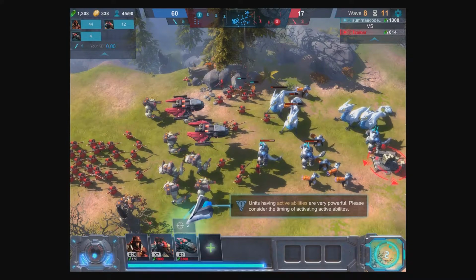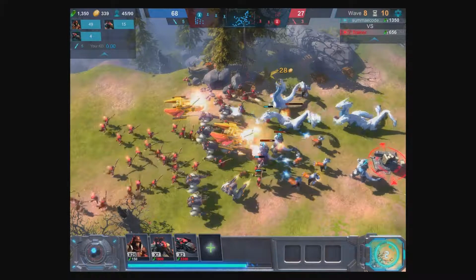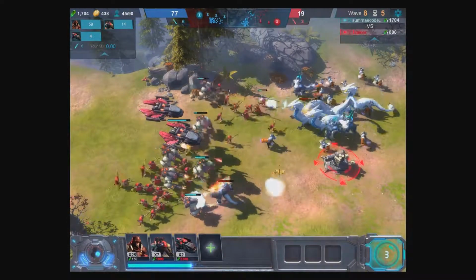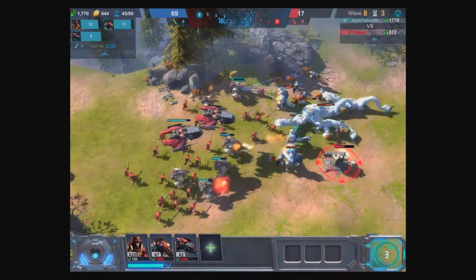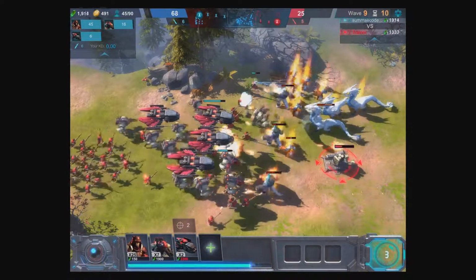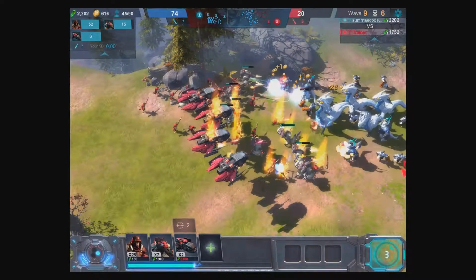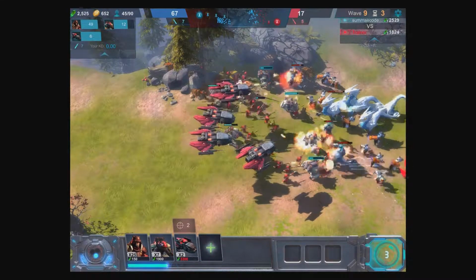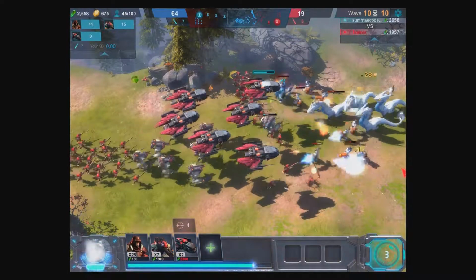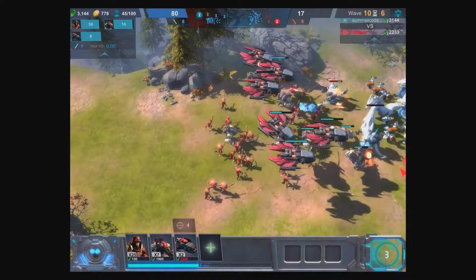Units have active abilities. Please consider the timing of these. That means I'll just tap on there to get whatever those are. I guess I don't know how I'm generating more of these green gems, which obviously you're using to create your units. I don't know how I'm getting them. I don't know what this blue thing at the bottom is. Soul essence mine, I can see there's more upgrade gems happening, but is it because I'm taking...